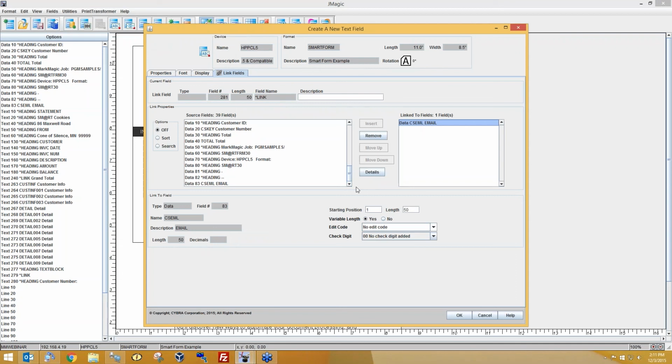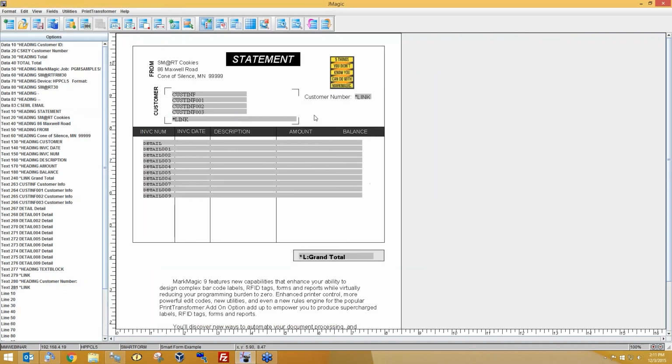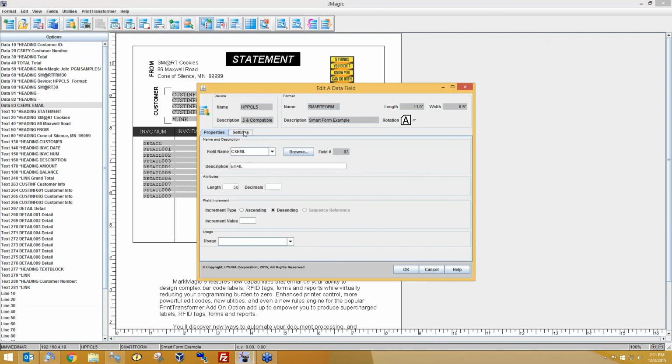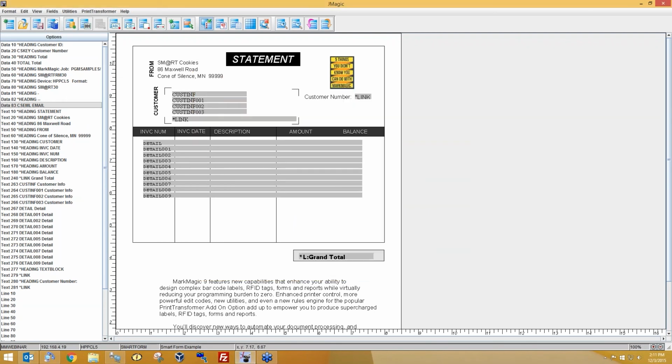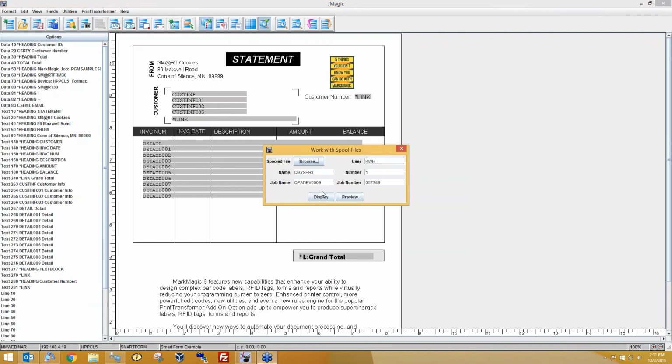Some of you folks probably didn't know you could do that either, but you can actually preview live spool file data and database file data right within the JMagic canvas and see exactly how it's going to look with your real data before you even print or PDF a single format. So I've just added the text field. I linked it to that new data field that is from the database. And just to prove it again, if we look at settings, 00 for spool file, it's not pulling any data from the spool file. So we do a preview from a spool file,